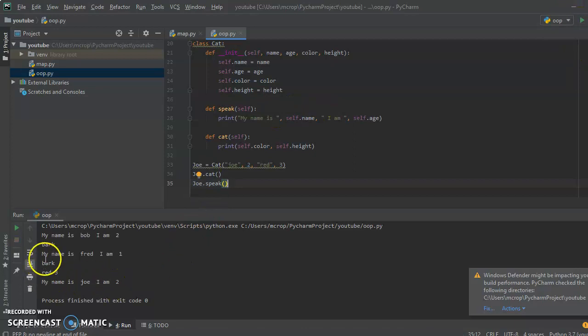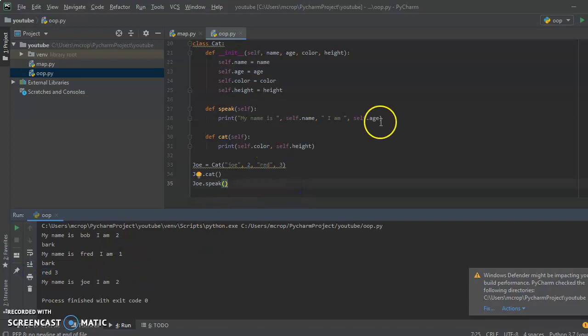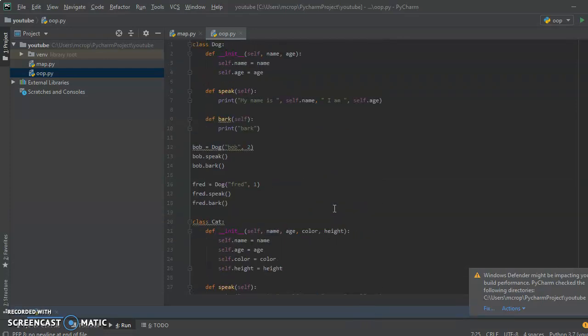And let's just run this. I just didn't print out any words, but I just called the cat, so we got red 3, and then he says, my name is Joe, and I am 2. So, in case you didn't notice, I used the exact same speak method in my dog class that